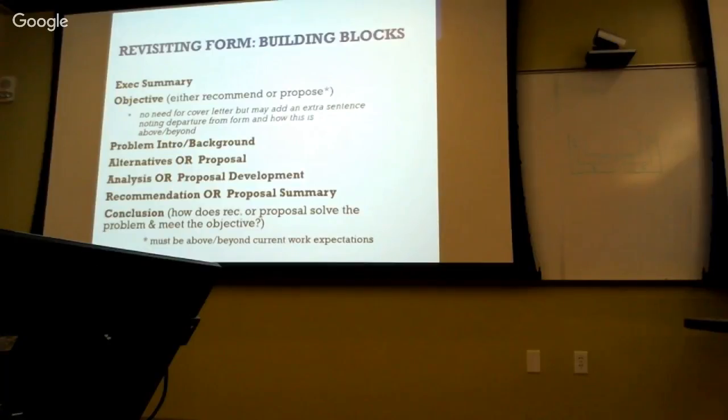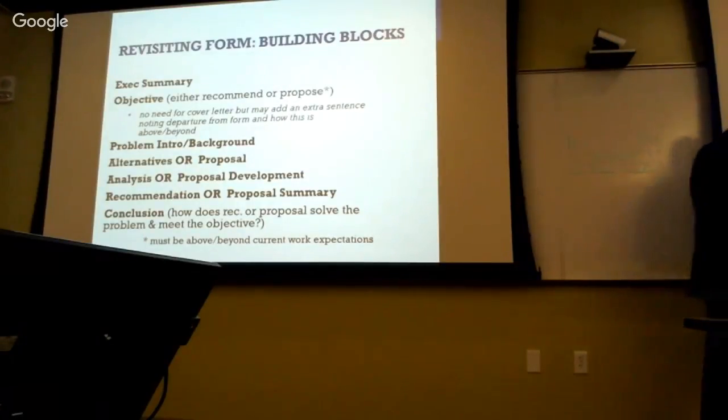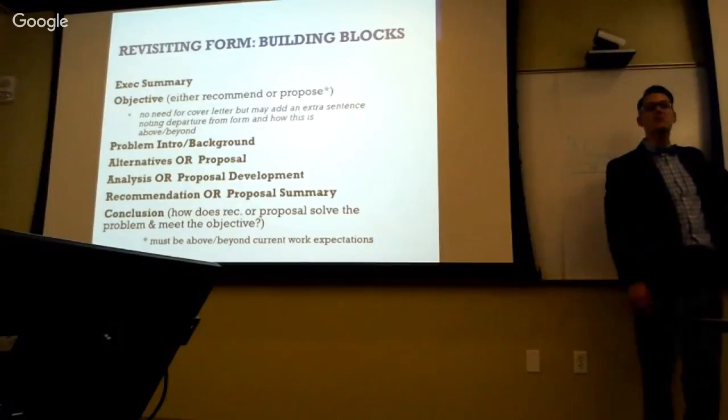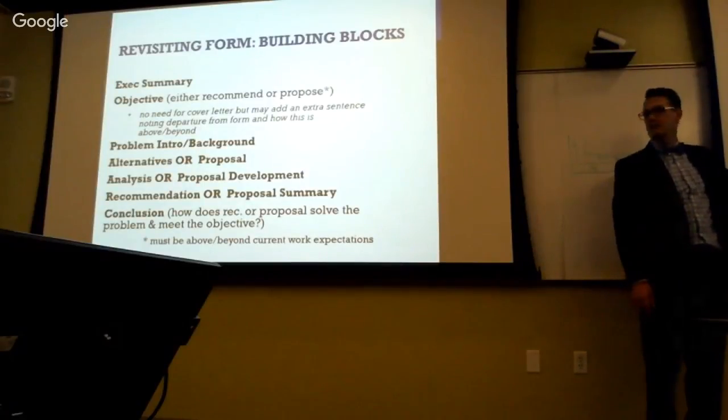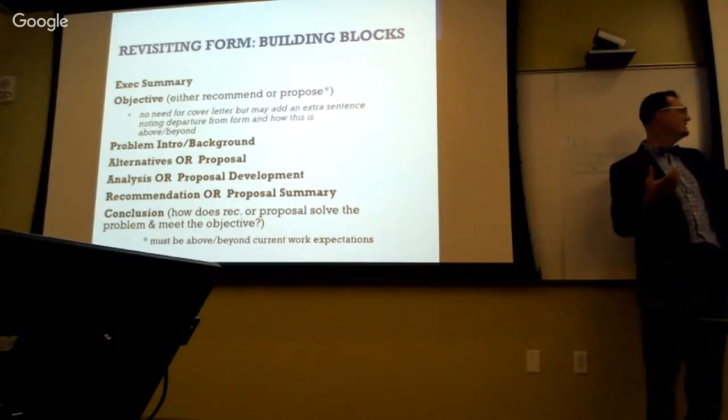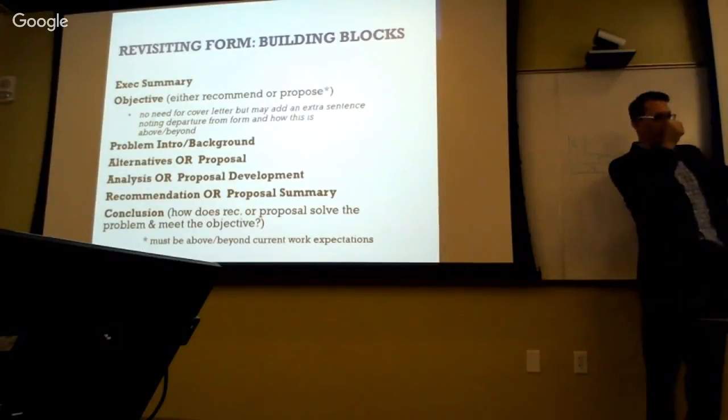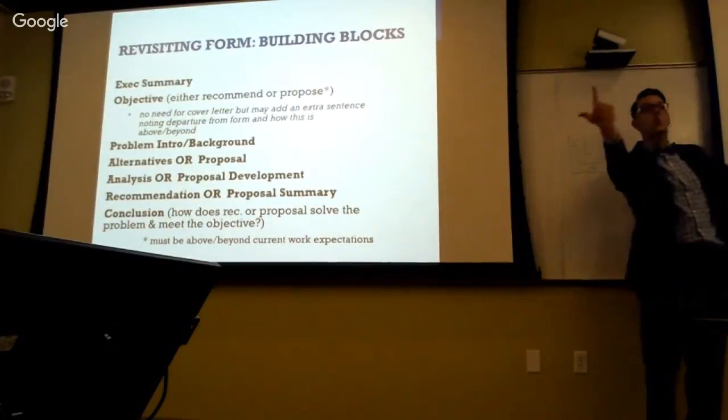Same thing with values. You just come around and say the most important value for my organization is conservation. This was Corey's presentation, water conservation. So if conservation is the number one priority, that says certain things about what needs to be in this proposal. And this is going to be your biggest section, by the way, this analysis or proposal development section. For most everybody, this is going to be your longest, meatiest, most impressive section where you're defending your choices of what goes into either a recommendation or a proposal.